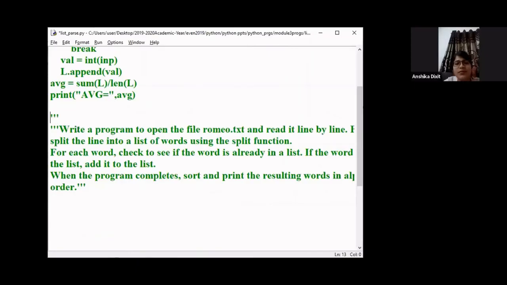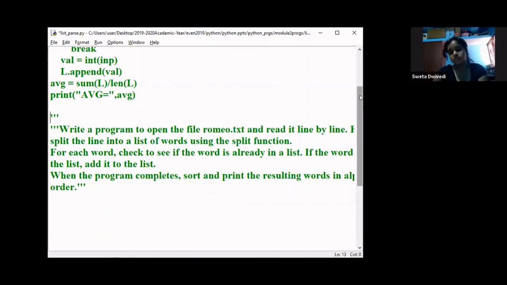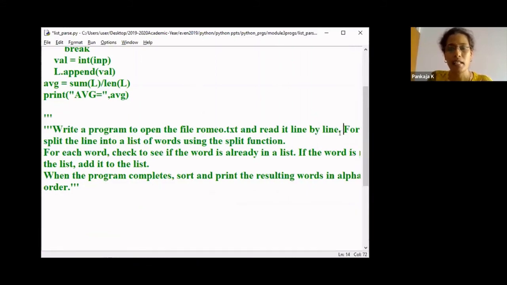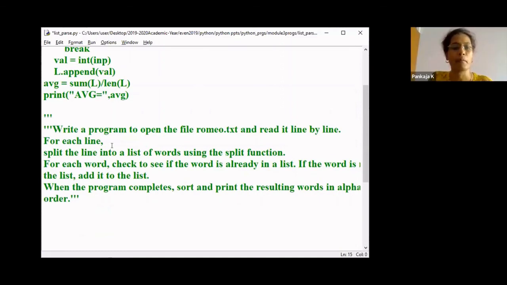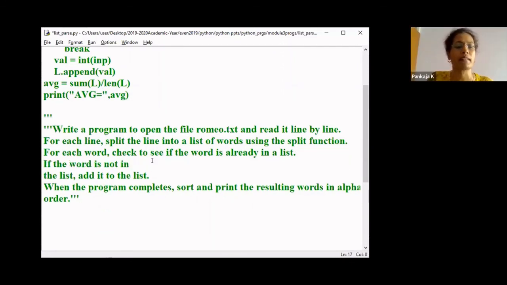Now see here, write a program to open file romeo.txt. This is one of the questions in your textbook as an exercise problem. The question is very lengthy, but it is very simple. The code is very simple if you understand the question properly.